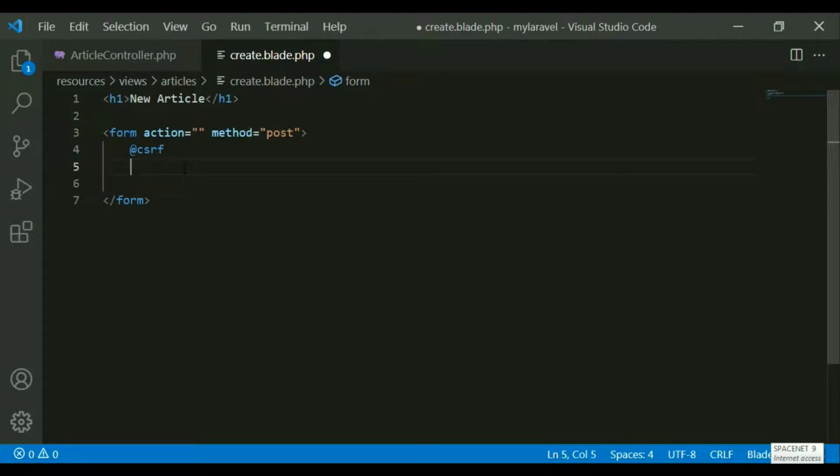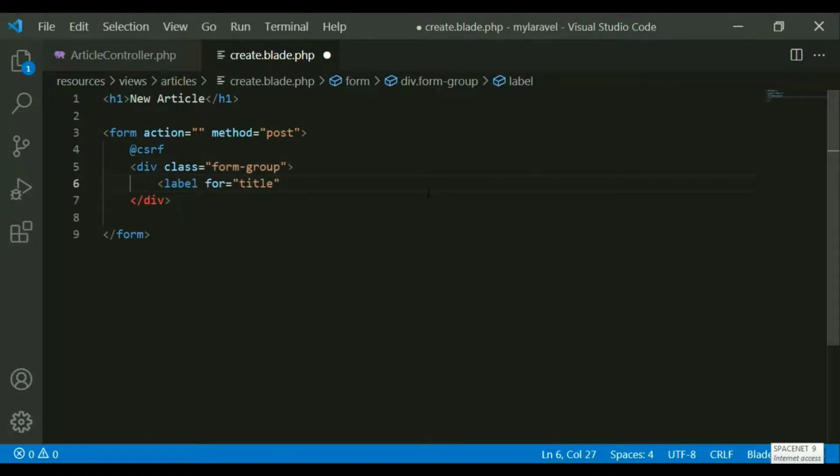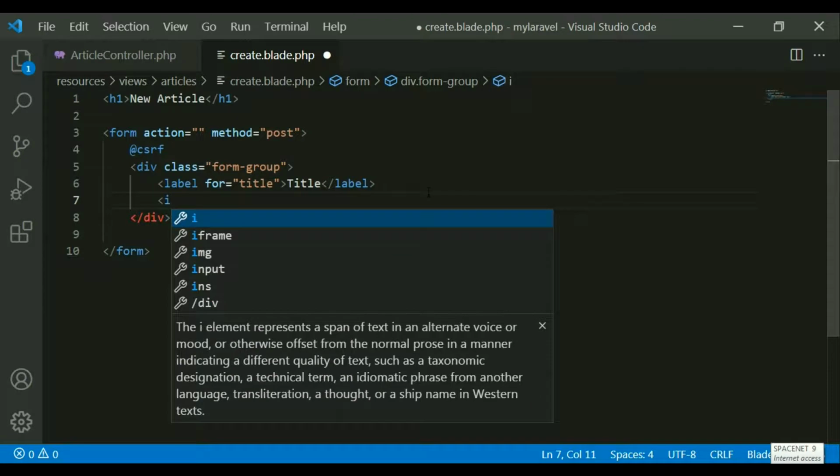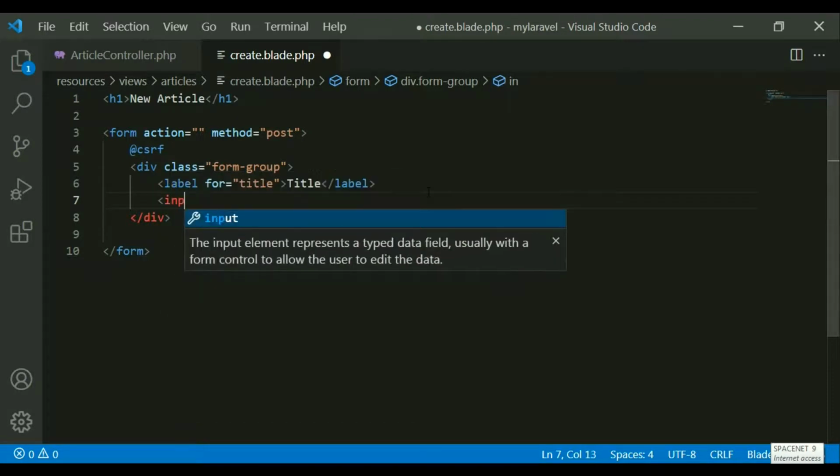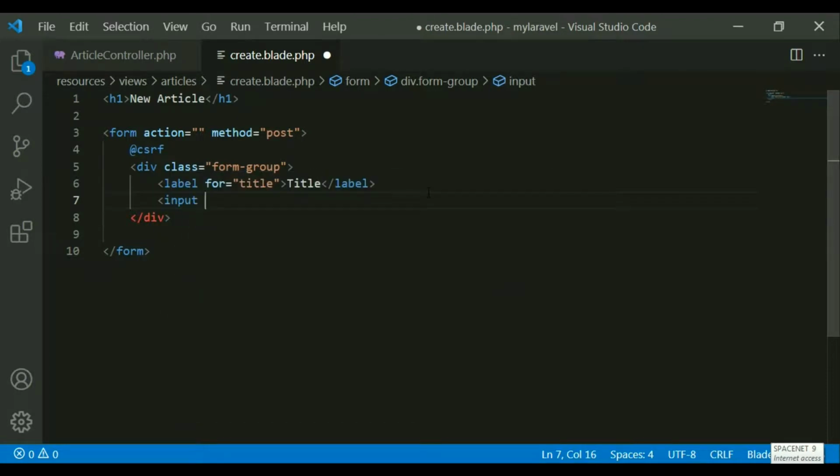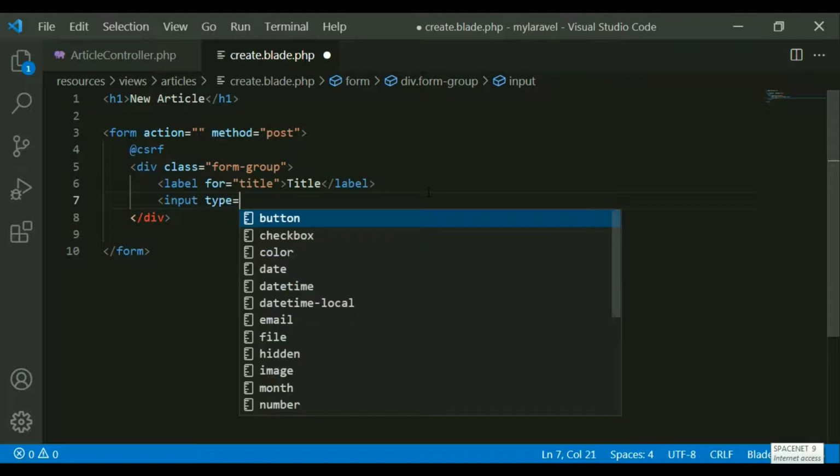Okay, so just give a div, and the class is basically I want to use my bootstrap CSS. Now this is my label here, and the label should be title, and the label is closed. Now you have to create the input type. I'm just creating one, then I will copy and paste it so that we can do it quickly.